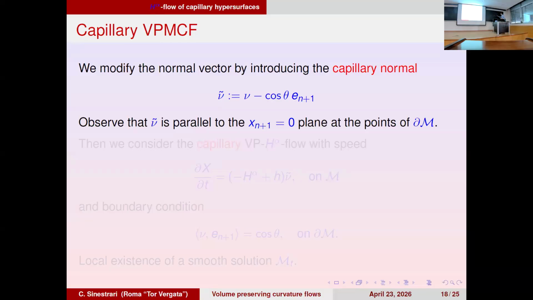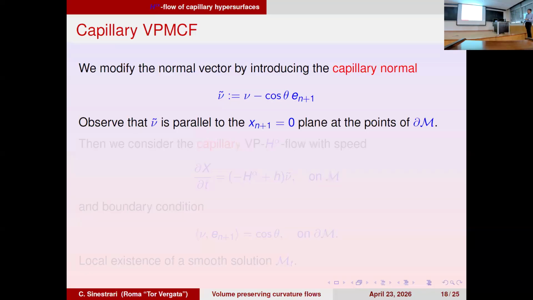So this is defined in such a way that nu would be this, but nu tilde is this one. So it is horizontal. The nu tilde is the nu pushed above by a certain fixed quantity, and the quantity is chosen in such a way that along the boundary it makes nu tilde horizontal.